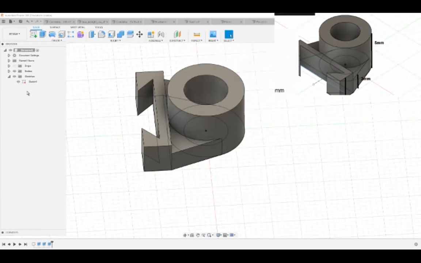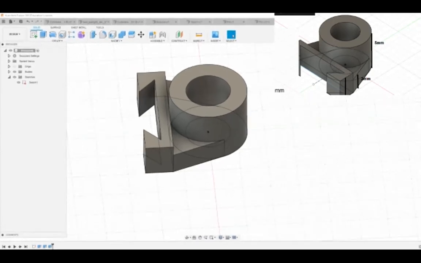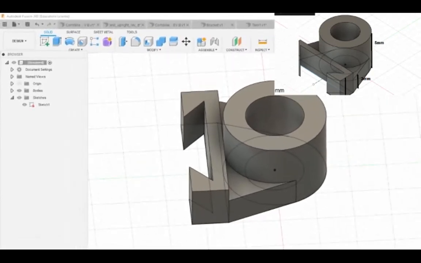Can I zoom in on this? I cannot zoom in on this, but can I do this? Maybe. I feel like this is gonna be a bad idea, but we're gonna try this anyways. So if we really zoom in,